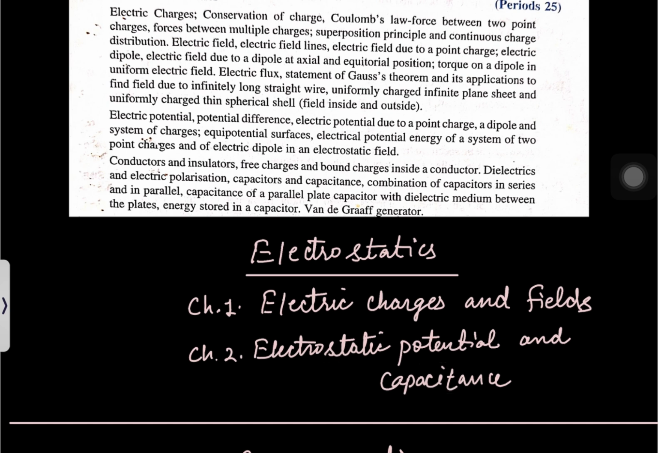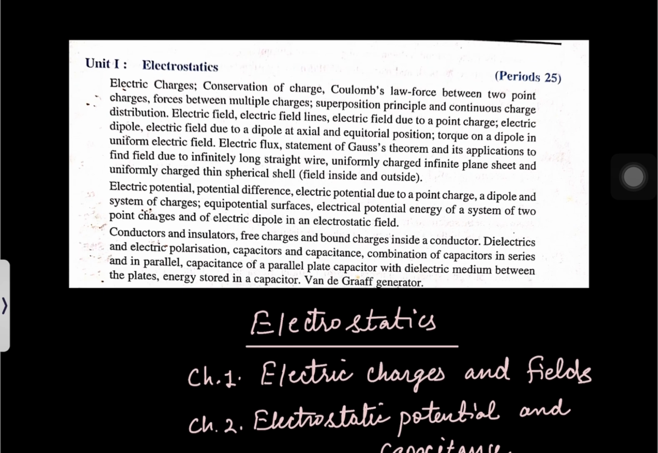So what are the topics which we will be going to cover in this particular unit, electrostatics? So here you can see there are several topics such as electric charges, conservation of charge, Coulomb's law of force between two point charges, forces between multiple charges, superposition principle, continuous charge distribution, electric field lines, electric field due to a point charge, electric dipole, electric field due to dipole at axial equatorial position, torque on dipole in uniform electric